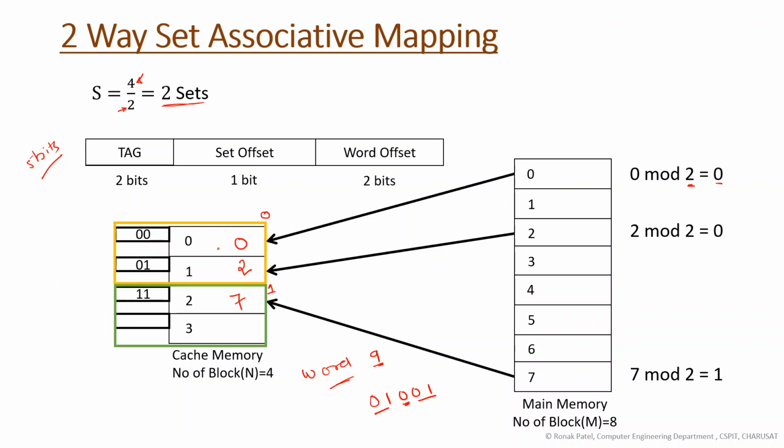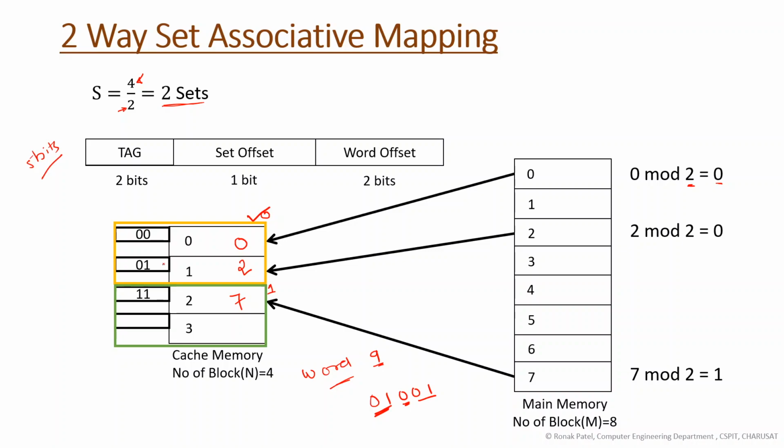Set 0. In that set, what should be the tag? 0, 1. So from the first block in that set, I need to start comparing. 0, 0. No. 0, 1. Yes. It means word number 9,